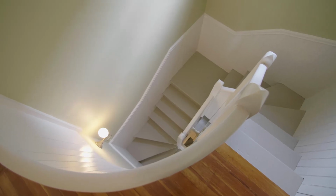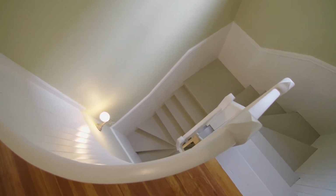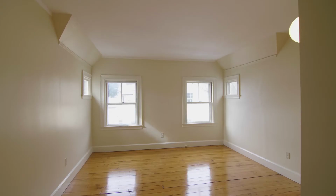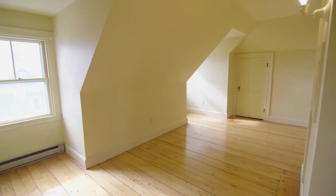The top level of the home has fully independent access via a lovely spiral rear staircase. A full bath and space for up to 3 bedrooms allow you to create a suite for an au pair,